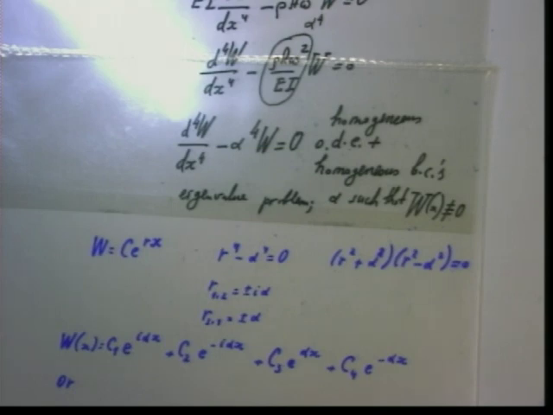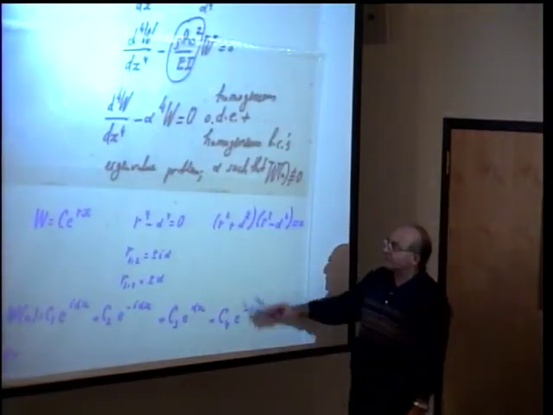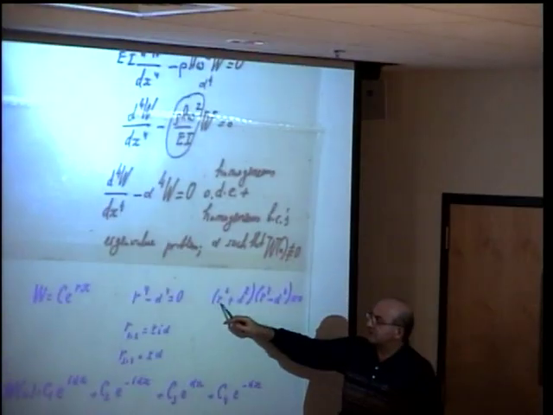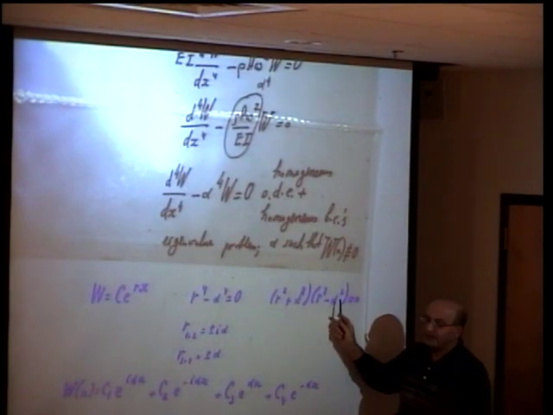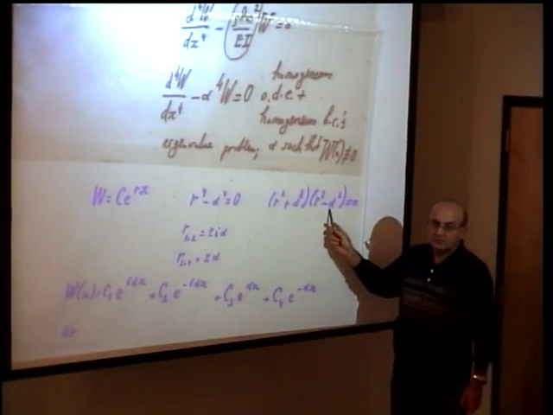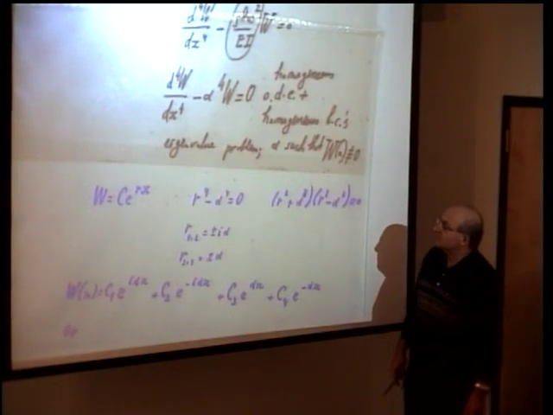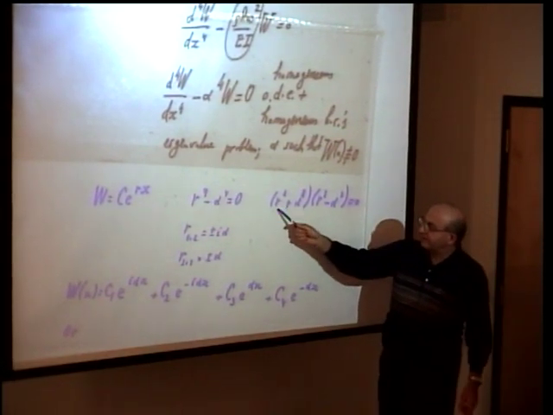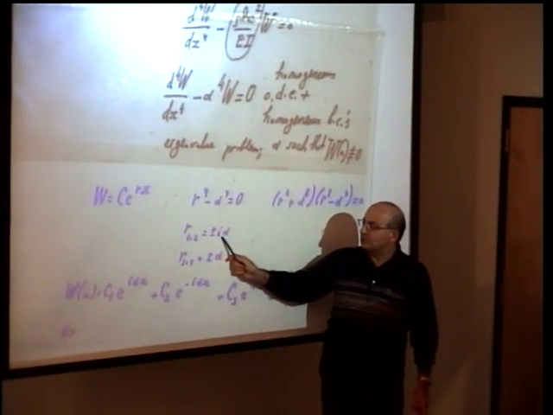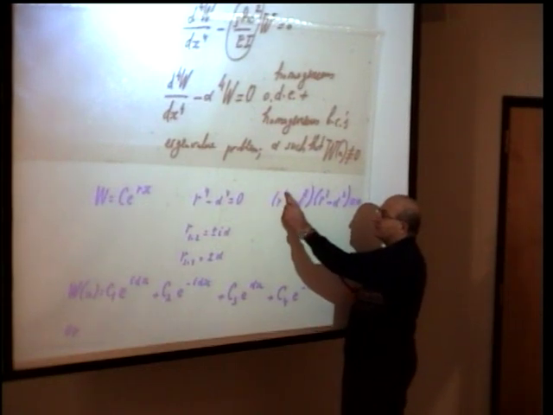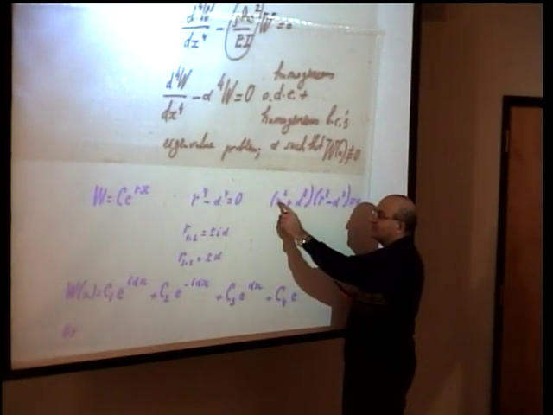Now, this is a difference of squares, because this is R squared squared minus alpha squared squared. So a difference of squares can be written as the sum of these numbers times the difference of these numbers. You agree? So from here, R squared plus alpha squared equals 0 gives R1,2 equals plus minus i alpha, because R squared equals minus